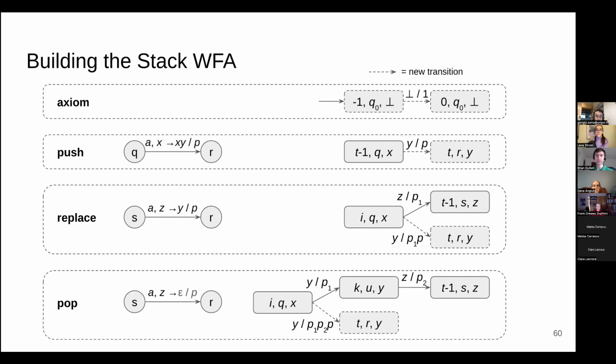Also, we need to apply every rule for every possible value of the free variables in the rule. Okay, so let's look at how each of these rules works intuitively. We have an axiom rule, which just starts by adding the bottom symbol to the stack. All right, so far so good. That clearly is a push computation in the PDA.